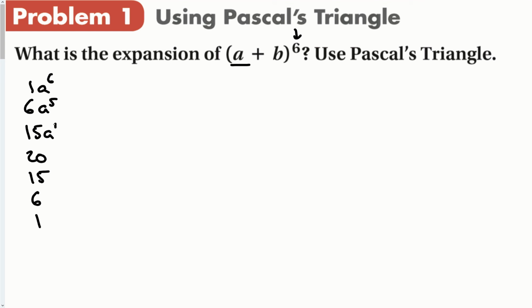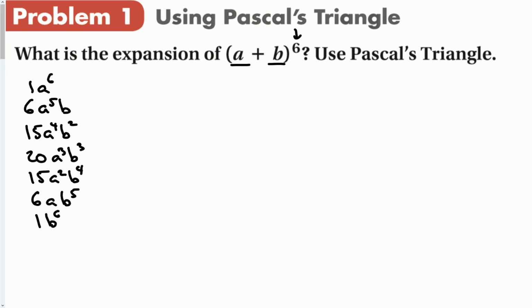A to the 5th, a to the 4th, a to the 3rd, a squared, a to the 1st, a to the 0. Anything to the 0 power is 1, it just goes away, and I don't need to write a first power. Okay, this is the second term. It does the opposite. Instead of starting at 6 and going down, it starts at 0 and goes up. Then we do any calculation we need for each term, and we put all these different terms of the polynomial